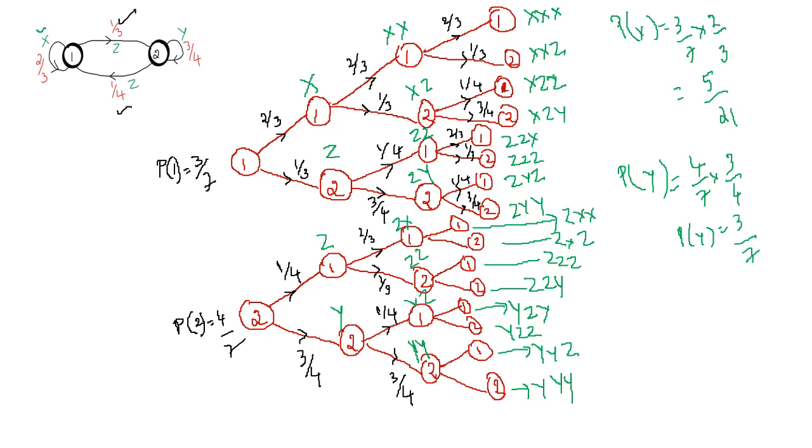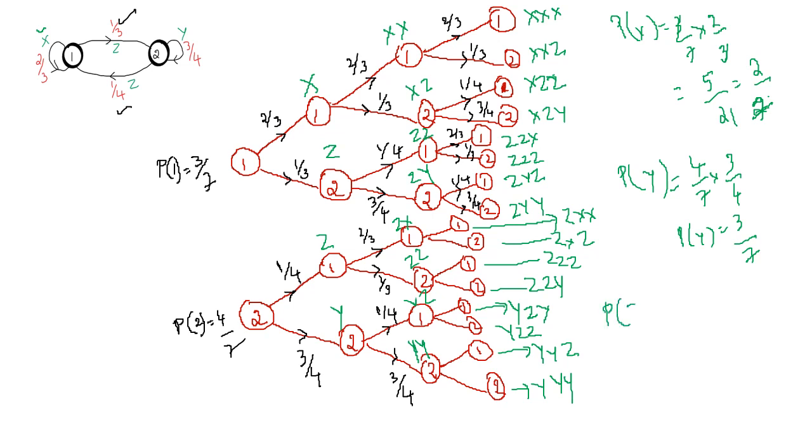Correct. So next, yeah, I think here this is wrong. We'll get 3 by 7 into 2 by 3. So this 3 and this 3 get cancelled. So we can write this as 2 by 7. Okay, so you have got P of x as 2 by 7. I'm sorry. Okay, next P of z.